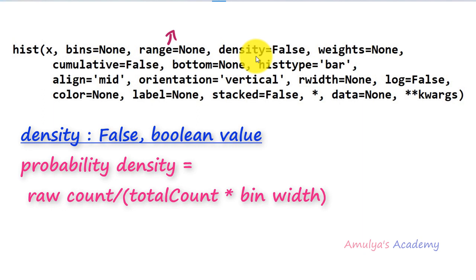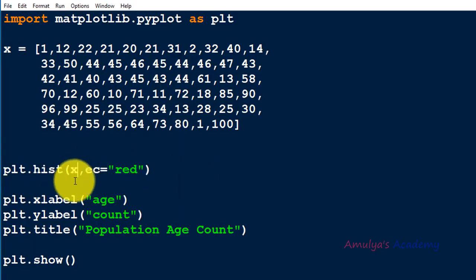It will take boolean values true or false. So the default value is false. If it is true, then it will draw and return a probability density. So here each bin will display the bin's raw count divided by the total number of counts and the bin width. So here I'll remove the other parameters. I only take x value, so all other parameters will take the default value. Now if I execute this,